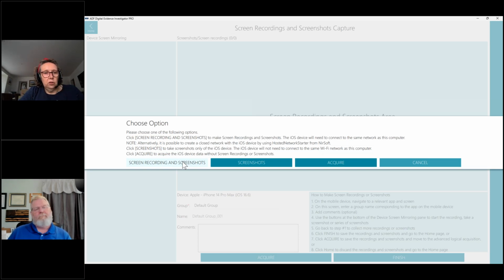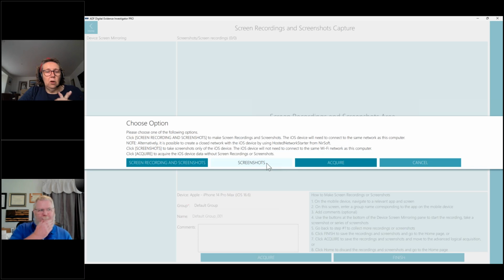With the screenshots function, the next one along that just says screenshots, on an Apple 16 device, it requires you to put the phone in developer mode, which isn't a big hassle until it asks you for the Apple ID password. I don't know mine.